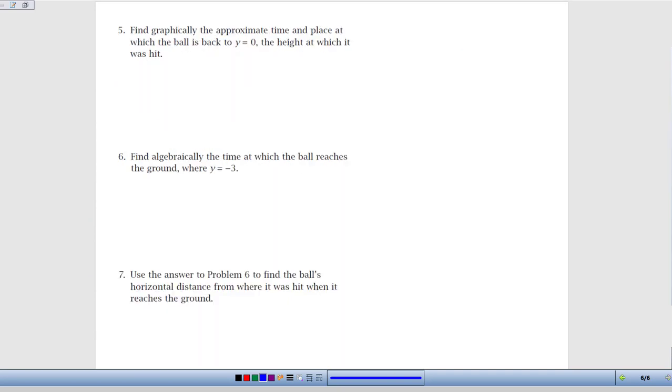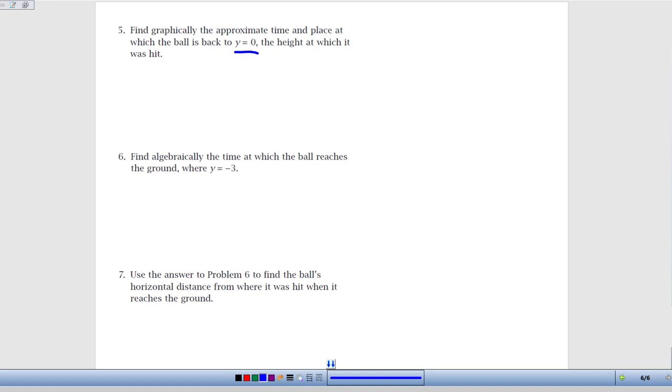And so we're asked next to find graphically the approximate time and place at which the ball is back to y equals 0. So when it's back, not to the ground, because remember y equals 0 corresponded to the height of the ball when it was hit, which was 3 feet above the ground. And so